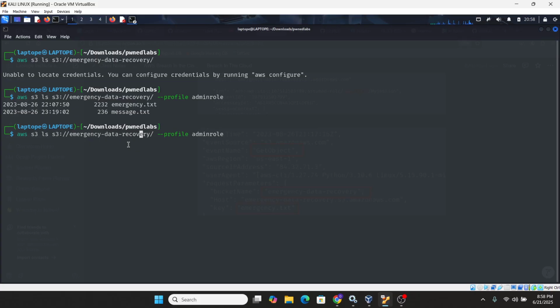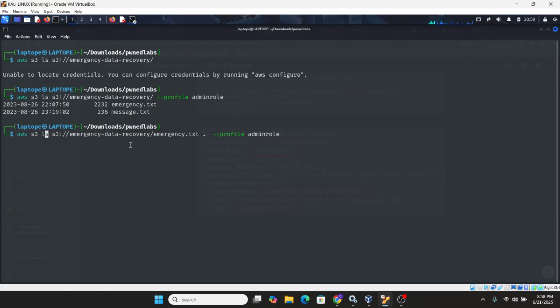So let's say emergency.txt here. And we are going to indicate the name of the file, that is the folder, the directory we want to download it in on our local computer. If you just enter a single dot, it means the present directory we are working from.